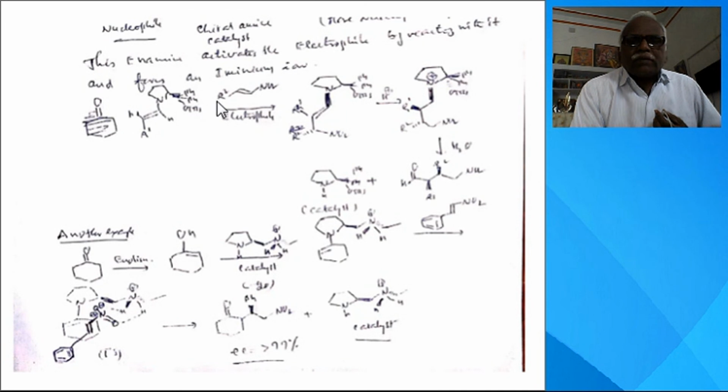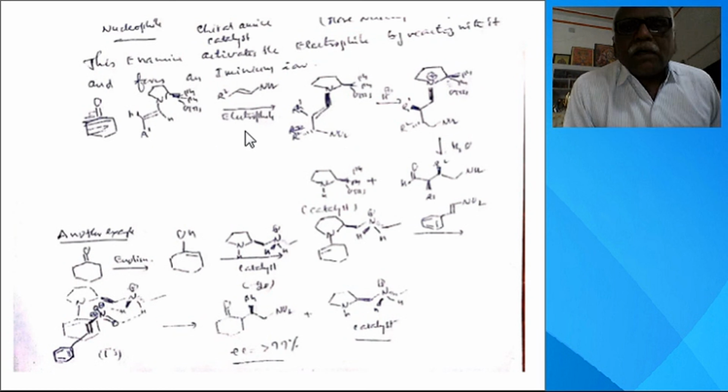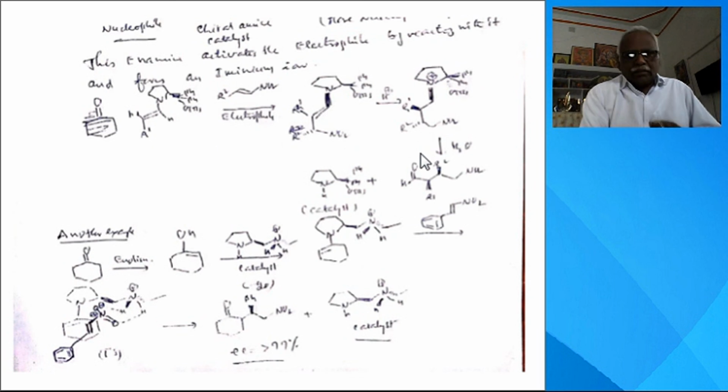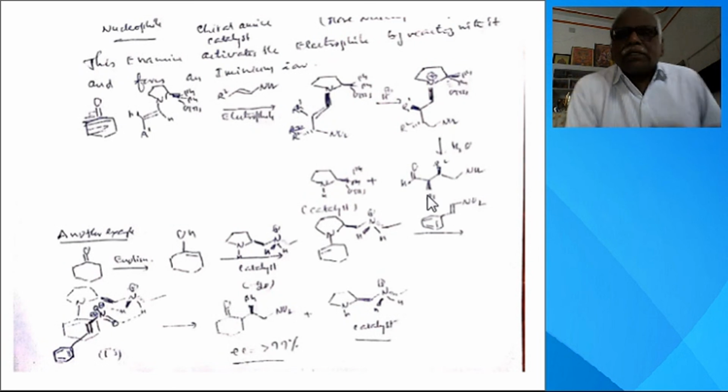This is the enamine reacting with the electrophile, that is the alpha beta unsaturated carbonyl compound. On the nitrogen you can have a carbon group also. Then what happens? This is formed here. One face of the double bond is covered with this bulky group. The nucleophile enters only from the other face, here below the plane. Therefore R2 is entering from below the plane, because above the plane this bulky group is there. Because of steric hindrance, the other face of the double bond is blocked by this group. Therefore, on hydrolysis it gives this optically active enantiomer.